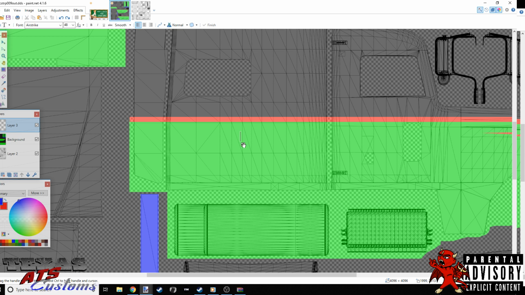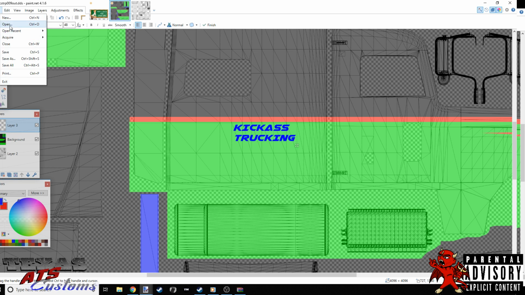So anyway, we're going to go back to that kick-ass trucking. And I made it blue. It's blue going on top of green. You can do red on top of green. You can do blue on top of the black. You can do red on top of the black. But anyway, so I'm going to do kick-ass trucking. Now, if you was to try to put a logo on here,